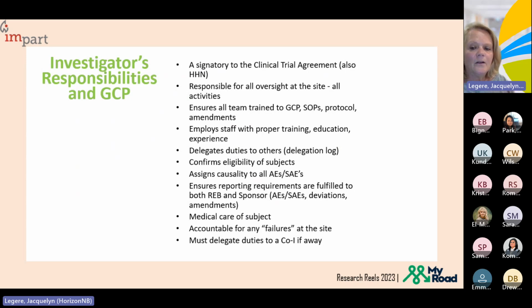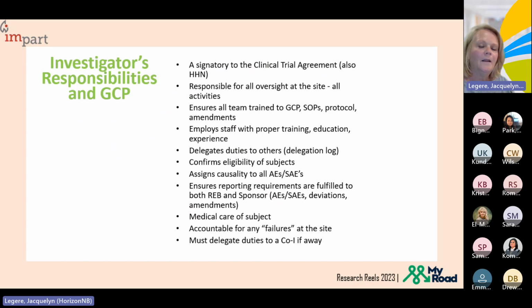The principal investigator is the king or queen, and they have the royal responsibility. They wear the crown. Everything is their responsibility. So it's tiered delegation, right? From the sponsor, tiered down to the principal investigator, tiered down to the team. The investigator can't possibly undertake all of the responsibilities associated with running a clinical trial. So they delegate those responsibilities to their clinical research team, but they maintain that overall responsibility